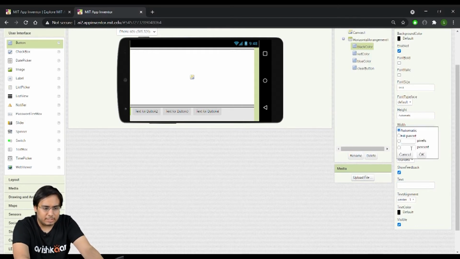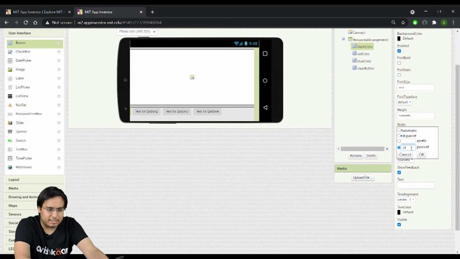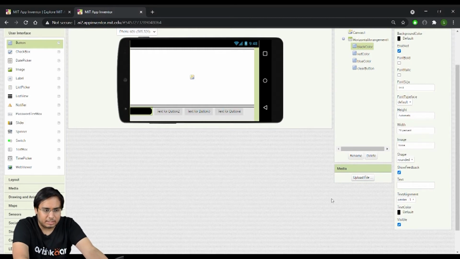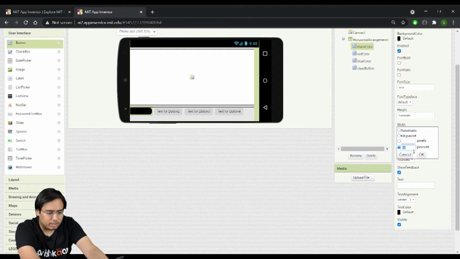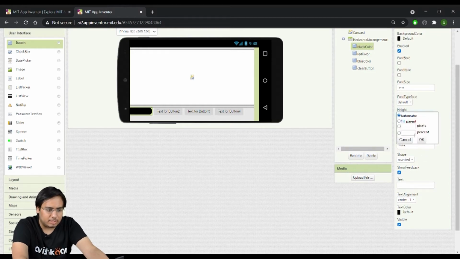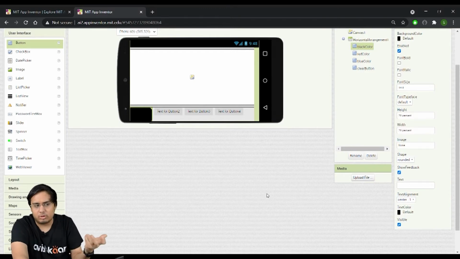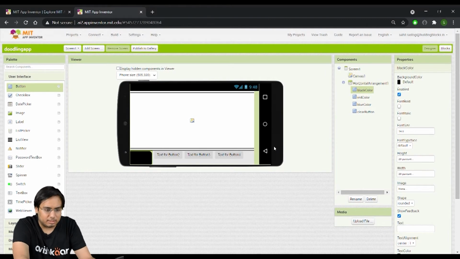And I'll also change the width of these buttons. So let's say I'll set it to 20%. And height I can set it to, let's say, 20% only. Sorry, it didn't change. Let me do it again. Height 20%. If you don't like the way it looks, you can always change it as per your liking, and then use it the way it feels right. Now the height and width of this button is changed.